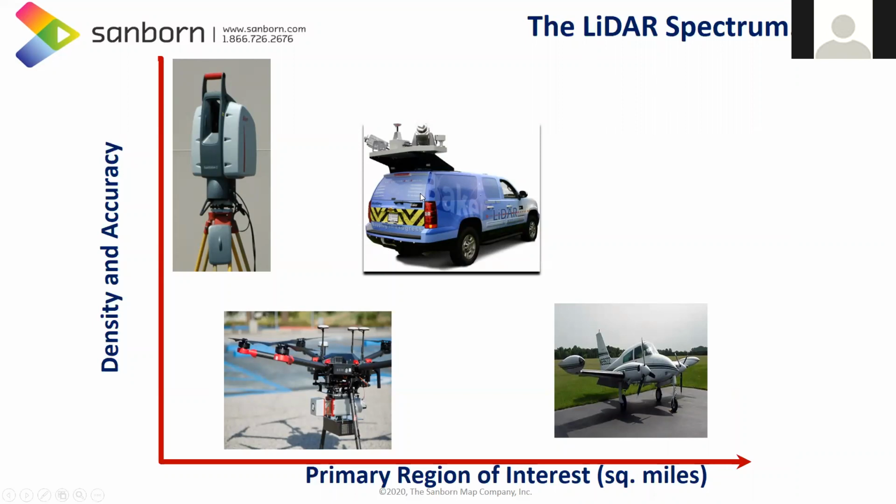Whereas the mobile LiDAR is primarily for corridor type of analysis, but around a couple of hundred points per square meter you can achieve as a point density. Whereas the UAS based LiDAR is primarily again for a corridor based study for a small area. You can easily get, as I said, a couple of hundred points per square meter density. For a larger, wide area, then obviously you need to use the aerial manned aircraft system,